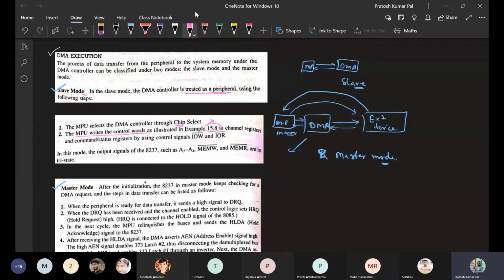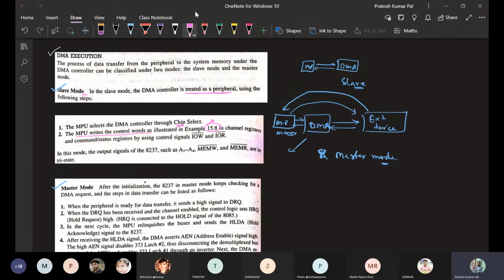Once chip select has been activated and the microprocessor is writing data, that data is in the form of control bits for the DMA controller. Up to that point, writing the control bits is considered the slave mode, like a peripheral. It is working as a peripheral device because it is only receiving data. In slave mode, the DMA controller will not be transmitting data or doing any operation.